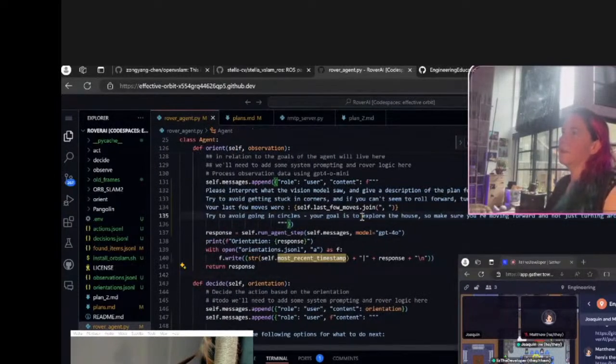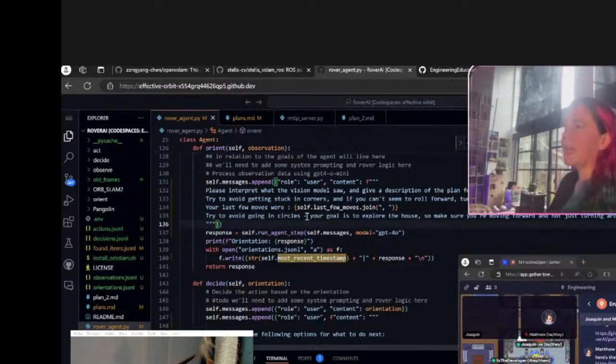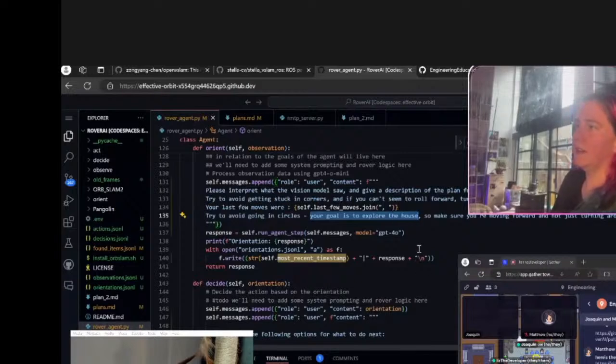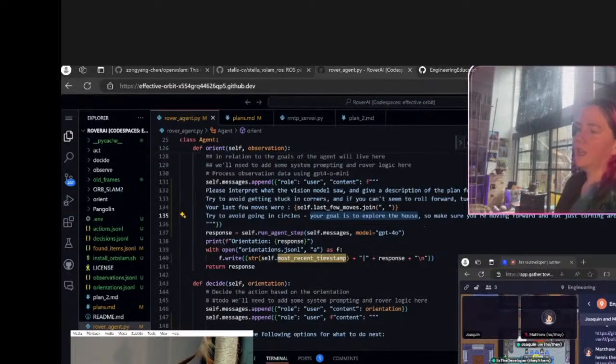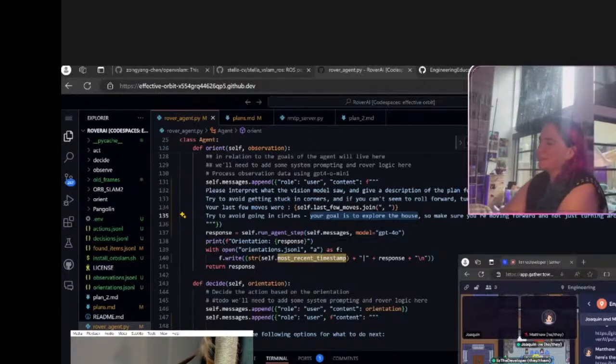So now we've got a little bit more detail. We have said your goal is to explore the house right here. We can make this configurable, but I just want to test to make sure that it's going to work at all. And we can get the rover going somewhere other than this hallway, right? Yeah.